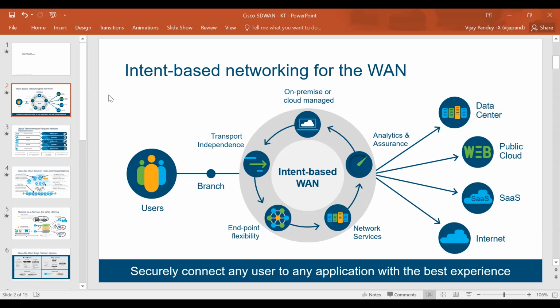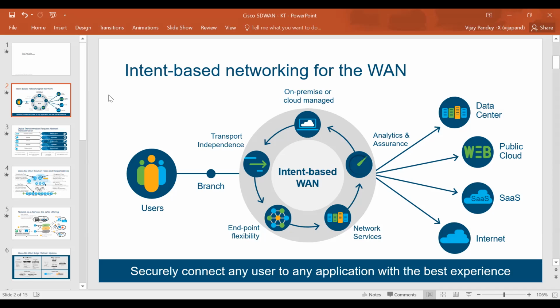This product provides you the end-to-end flexibility of your network deployment and operation, as well as for day one and day two kind of work here. And we are also getting various kinds of network services which we can use within the SD-WAN solution. We are also getting the analytics as well as the assurance feature in the SD-WAN solution, where you have live packet visibility in your network, which in the legacy network,